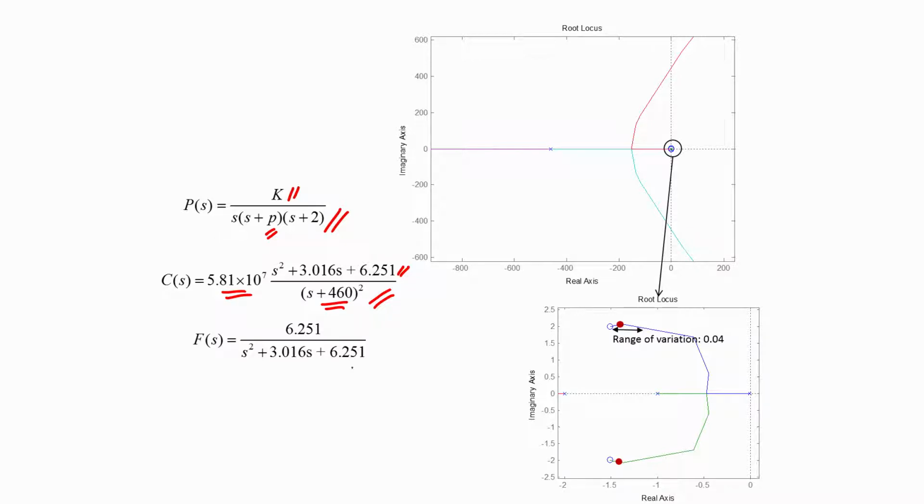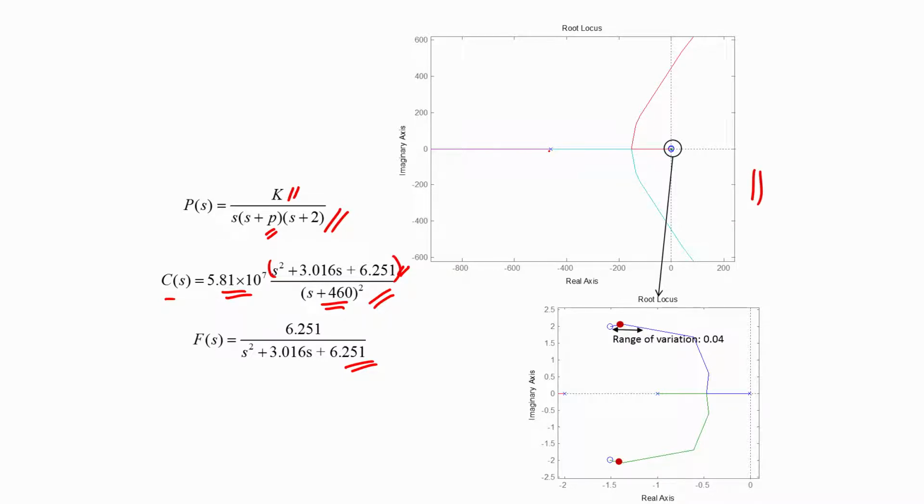The last step is to determine the pre-filter, and the pre-filter is intended essentially to cancel the feedback controller zeros and thereby allow the dominant poles of the overall transfer function to be at the points -1.5 ± 2j. So with this feedback controller the root locus of the feedback system looks as it has been shown here. The poles of the plant and the zeros of the controller are situated very close to the origin and are not visible in this particular graph.